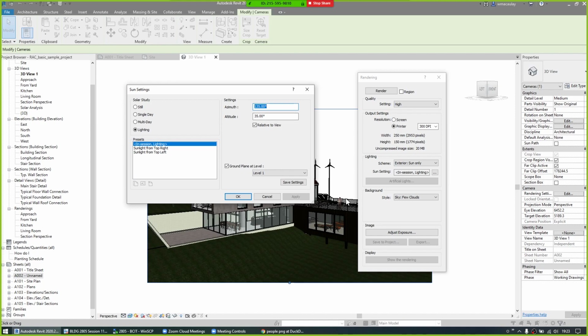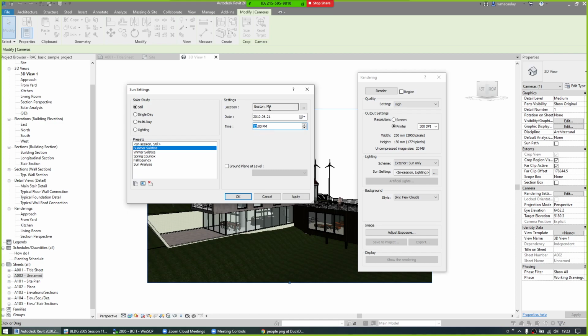So you've got a few different modes here. What we're really talking about here is doing a still render. And so that requires that we choose a location, date, and time for the render. So Revit is developed near Boston, Massachusetts. So that's the default geographic location that's chosen in the architectural template. So if we want to do a summer render here, so there's your June 21st. If you want to do, say, maybe a noon render here, so I'll do 12 p.m., type the time in,